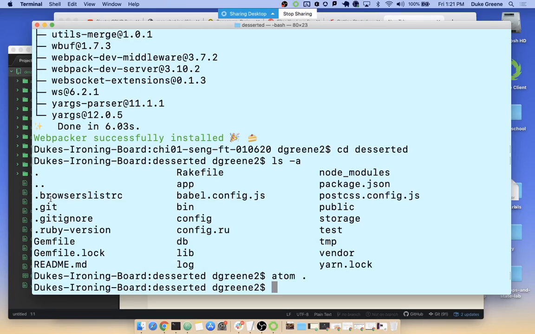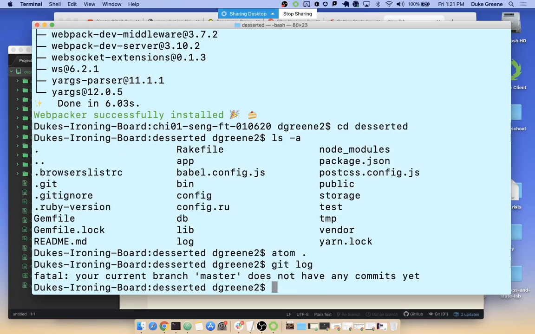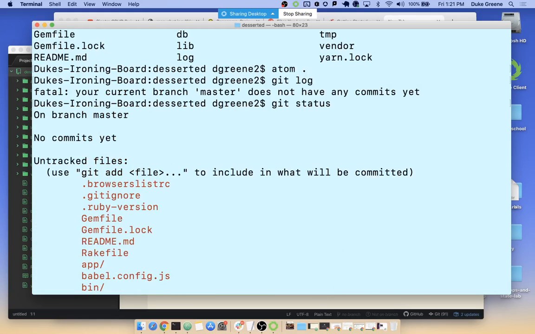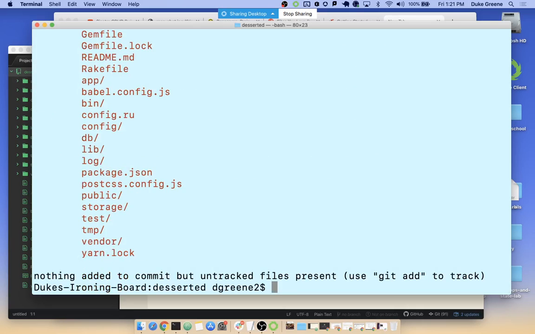So what I'm going to do is just get rid of this Git folder, which basically eliminates all of the Git history. I could even say, check this out, git log. Doesn't have any. If I say git status, it knows about all these files that just got added, right? So we do have Git happening. If I say rm -rf .git,